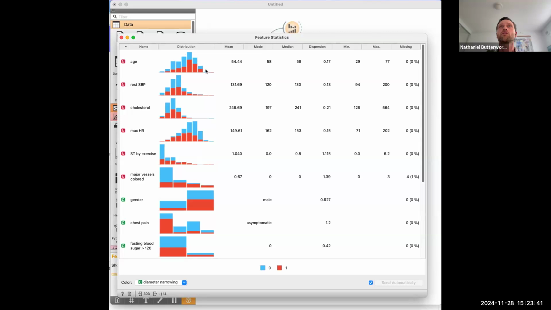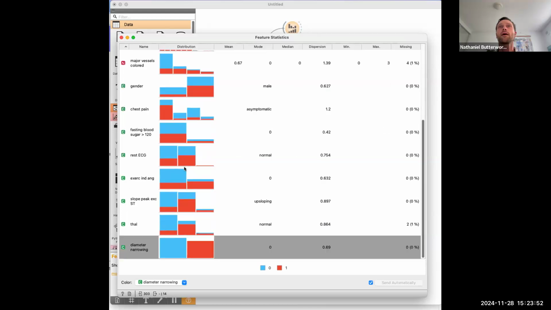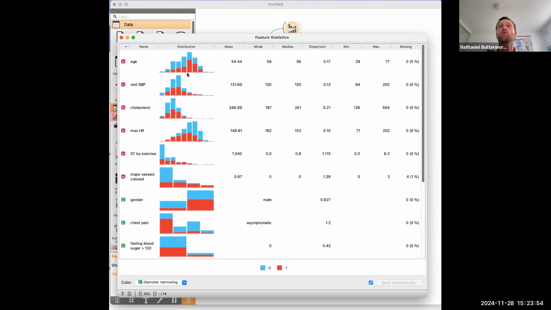We can see the distribution of each of the variables that we have and how it relates to the target variable at the moment. So zeros and ones, and where they lie. And again, if there's a really distinct relationship, you'll see different populations of the two classes. Okay, and you get the means, modes, medians, and all that, and it tells you if there's any missing data as well. This is a pretty clean data set,